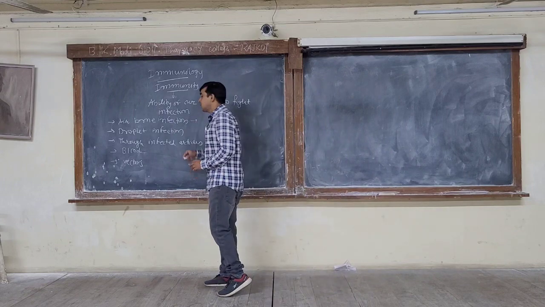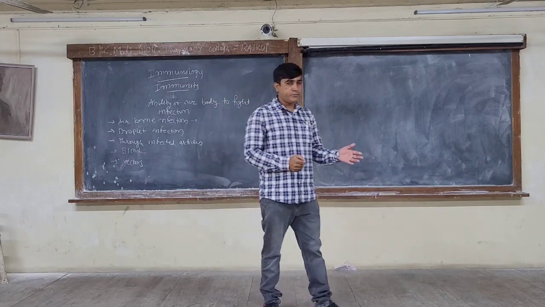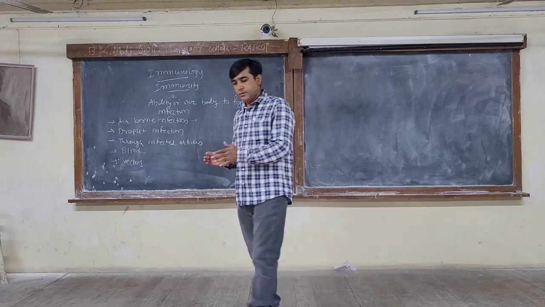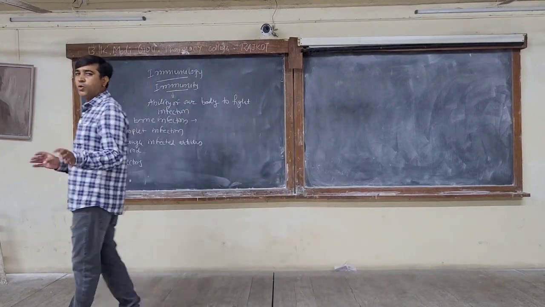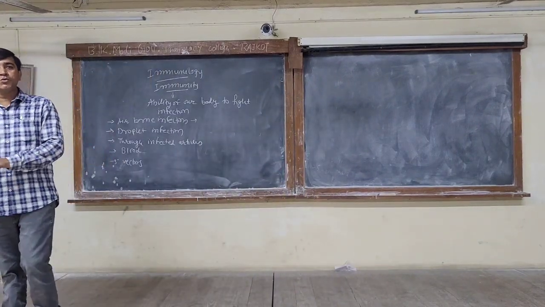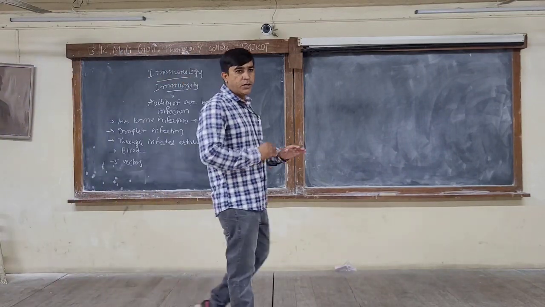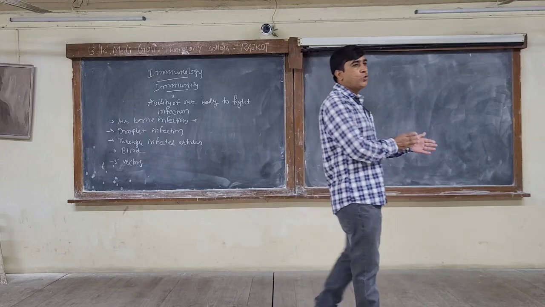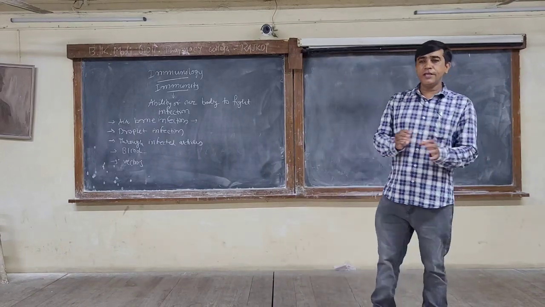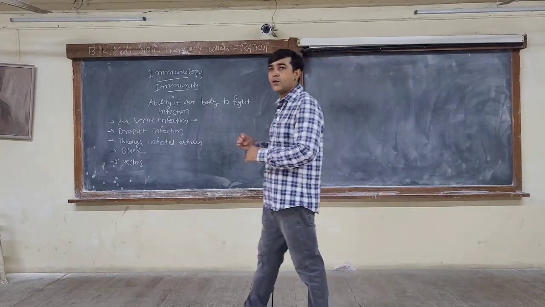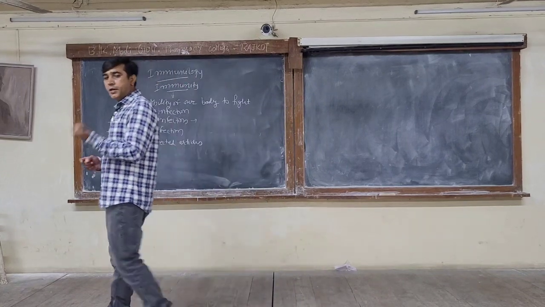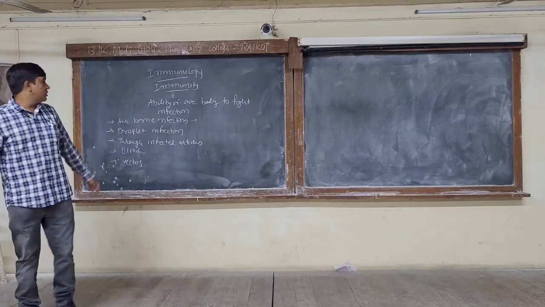Airborne infection, that is the infection is spread through air. We are all aware about the COVID. So coronavirus was spreading through air. There are a number of viral infections like flu, common cold. They all spread through air. So the organisms which can travel freely through air, they are called airborne infection. TB is one of them. Okay. Next is droplet infection.